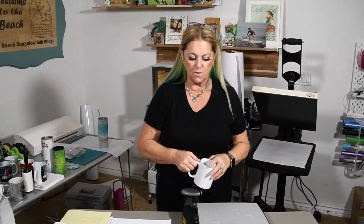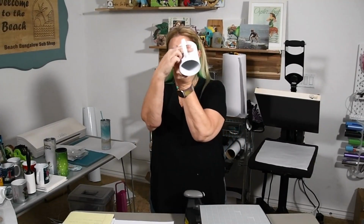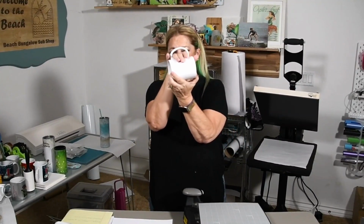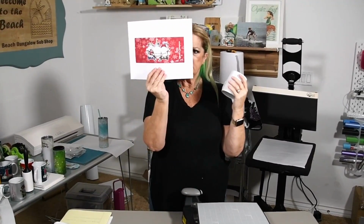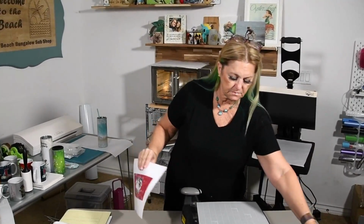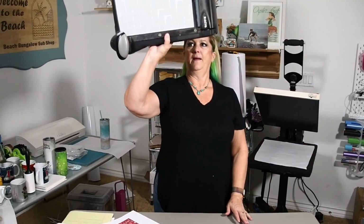So, what we do, there are mug templates everywhere. And they're different for 15 ounce than they are for 11 ounce. This is 11 ounce. Also, the template is different if you want to go around this part too. Okay? But for today's purposes, we are just going to go with this straight rectangle. How do we cut our paper after you print it, after you flip it and print it on your sublimation printer? Well, I like one of these big